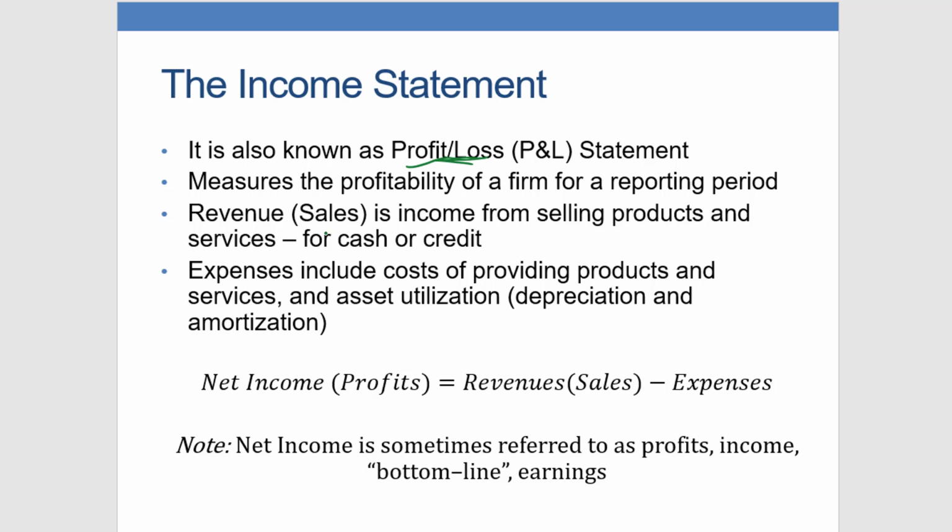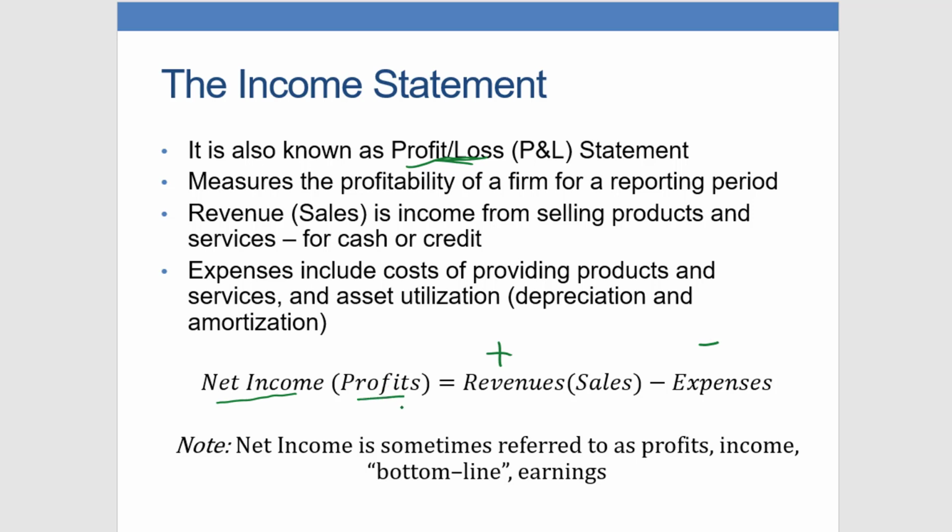So it's going to tell us about any revenues or sales. So this is income that the company has generated, right? And then also any expenses. So things that they had to pay for in order to create those sales. So this could include things like the cost of products and services, that's the cost of goods that they're selling, any assets they've used, so depreciation, all sorts of things. And so when we take all the revenues or the income that's been generated and we subtract all of the expenses, so everything we paid to make that income,